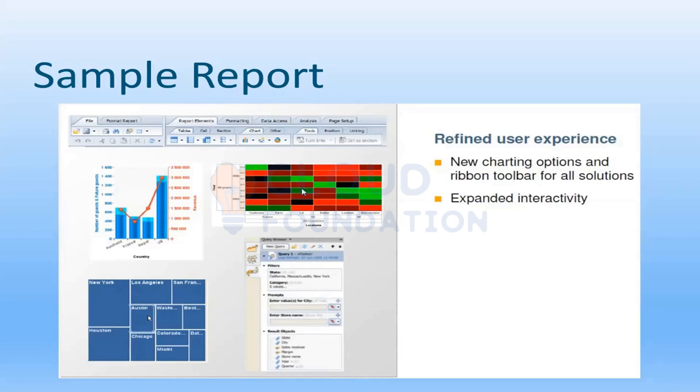This chart is a conditional formatting chart. We can put conditional formatting so that once the user opens the report, based on the color coding they can directly see which is performing better and which is performing poorly. This kind of visualization is also possible in Web Intelligence apart from normal reporting.